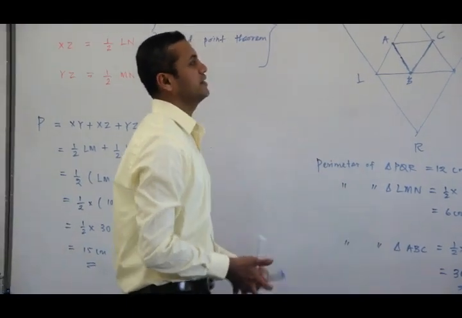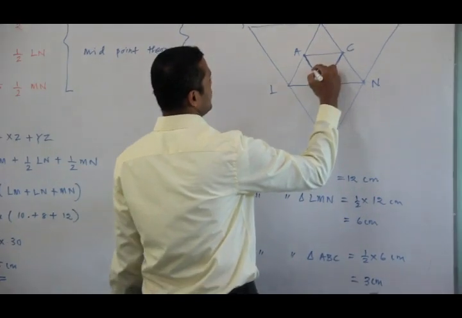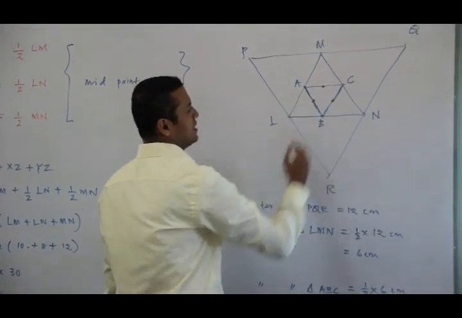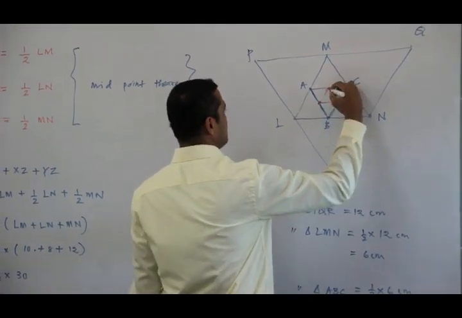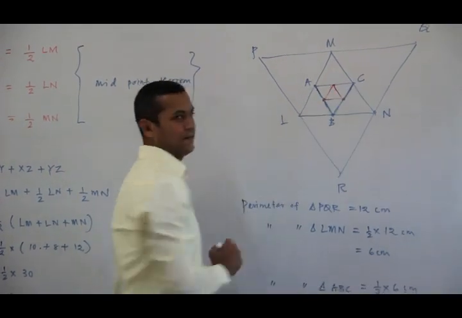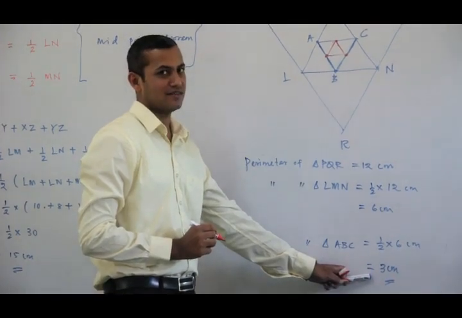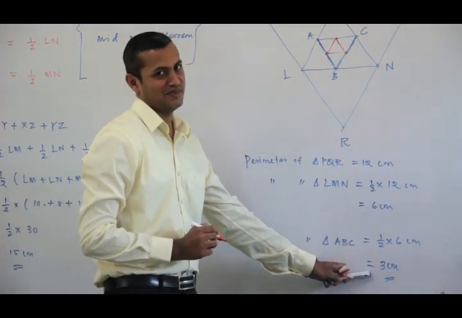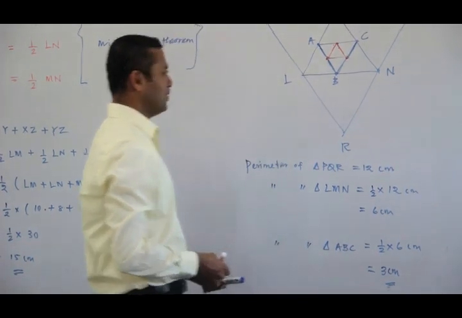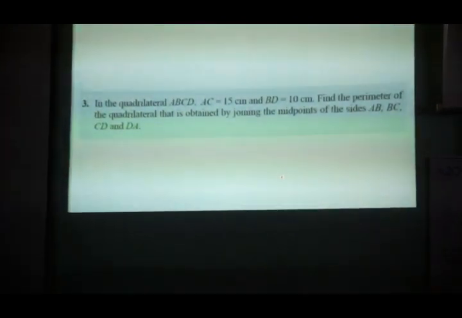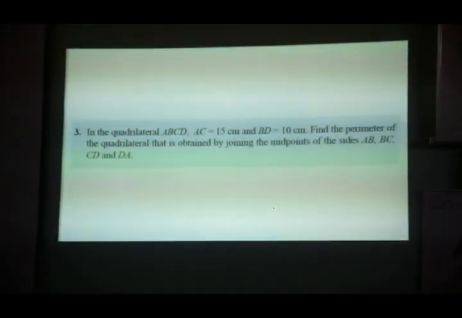If you draw one more triangle, say for example, one more triangle by joining the midpoints of this, then what is going to be the perimeter of this small triangle? Again, it will be half of this 3 centimeter. Got it? It will be how much? 1.5 centimeter, right? Okay. Hope you understood. Now we'll move to the next question. In the book, third question, right? There's a question. You need to draw a simple diagram for that and try to answer the question.